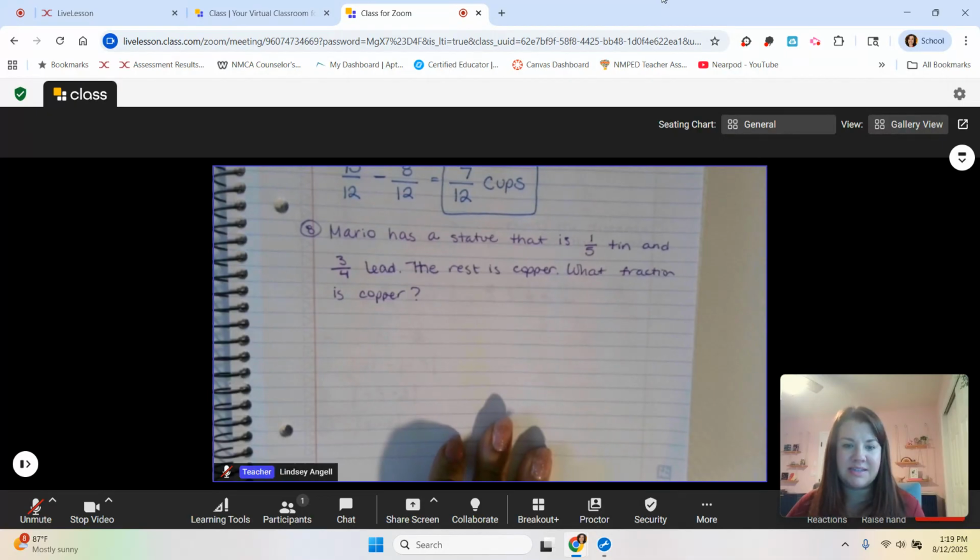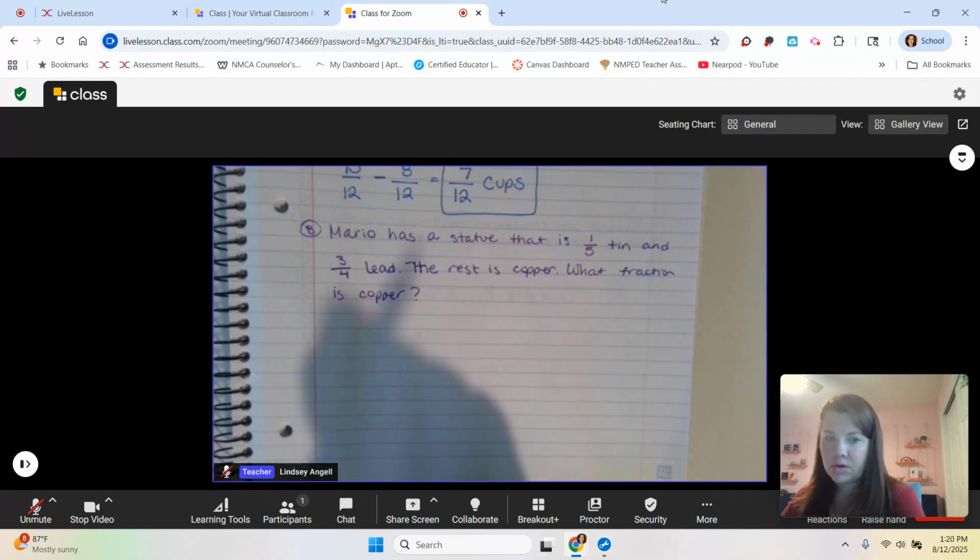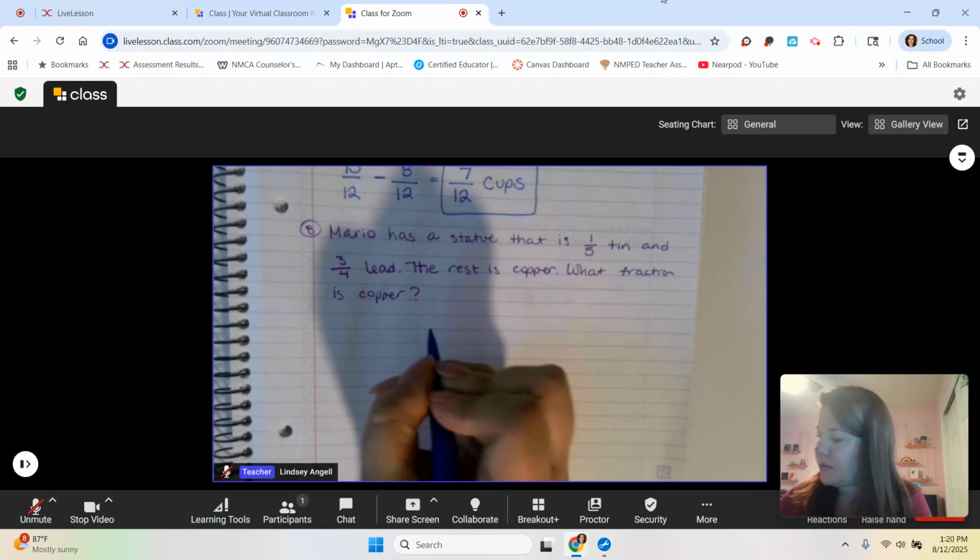Number 8. Mario has a statue that is 1/5 tin and 3/4 lead. Those are two different kinds of metal. The rest is copper. What fraction is copper? So in this case, there's a few things we need to know. First off, he has one whole statue, and it's made up of all these different things, right? So that's really important, because what we can say is that